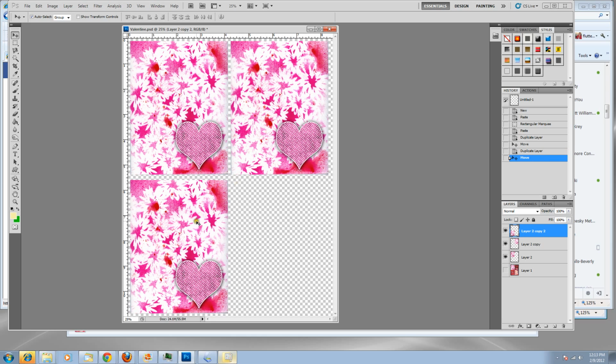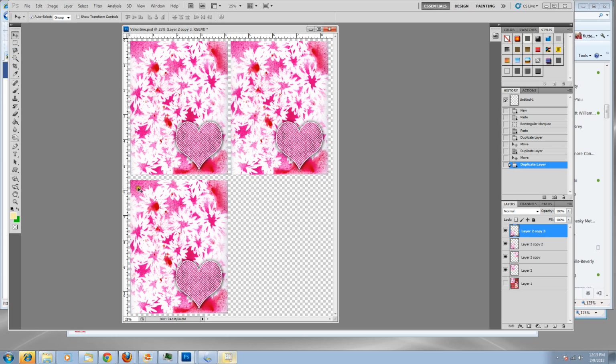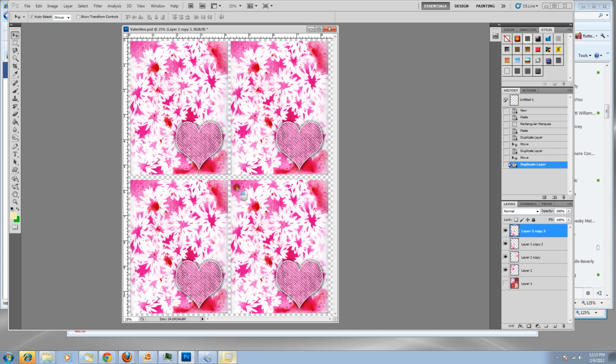So now I have a third copy. Now I can take that third copy, duplicate that, use my Move tool, select, move it across. And so in this manner, I've now created 4 copies of just a portion of the original